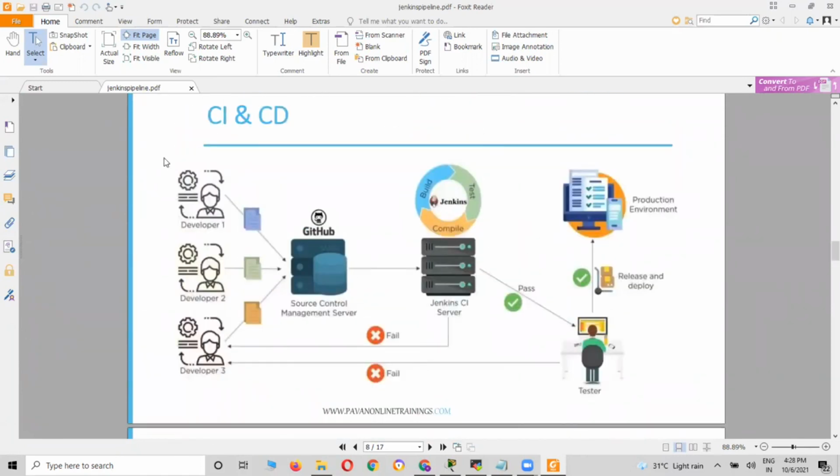We have developers sitting in the backend, and you have GitHub. In this example, I'm going to use an S3 bucket. The S3 bucket will act as the SCM server, the source control management server, and it will push to the CI/CD tools. I'm not using Jenkins; I'll tell you later about Jenkins and GitHub. In this example, I'm going to use S3 instead, and this one is my CodeDeploy and CodePipeline,